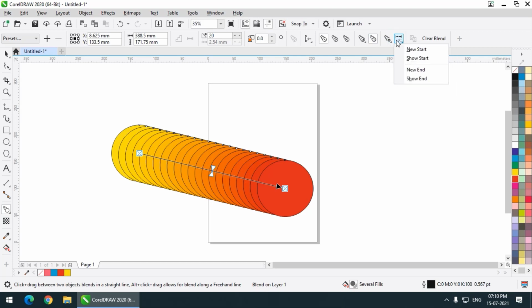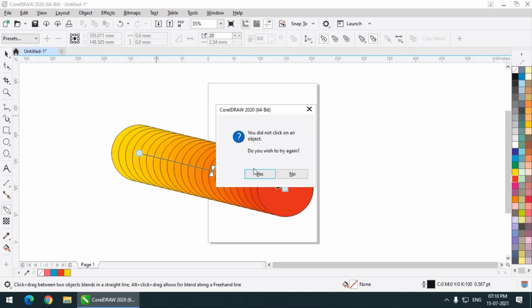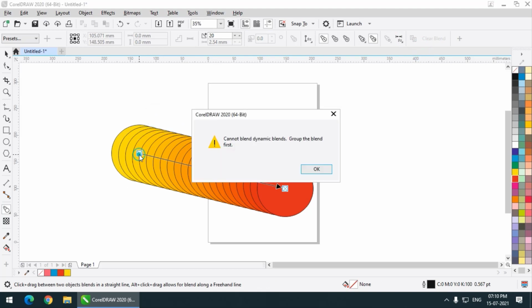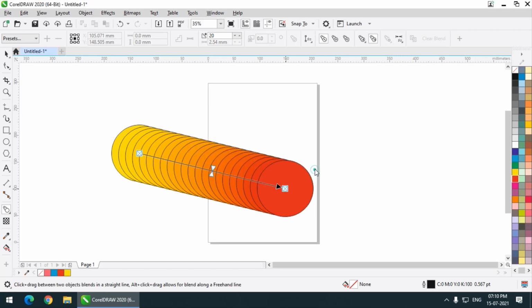And if you don't want to start from here, then you can choose new start simply. So rather than starting, I will first choose the end.